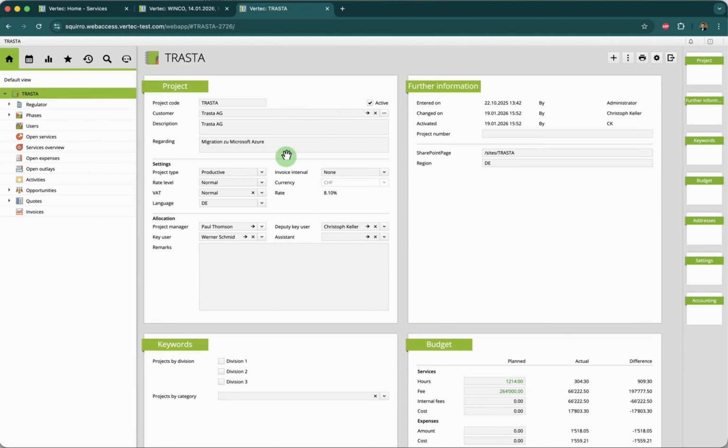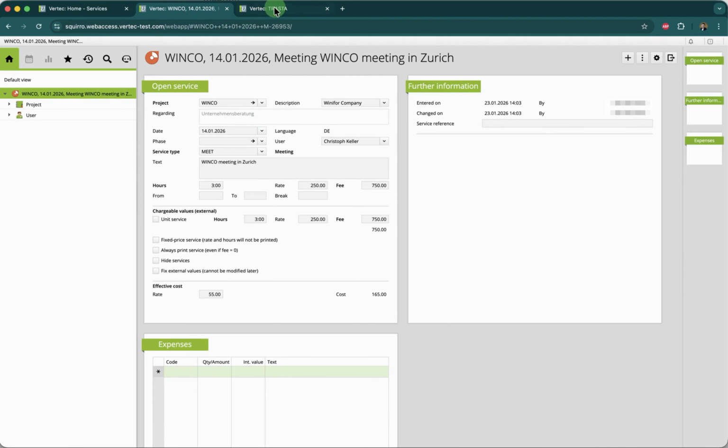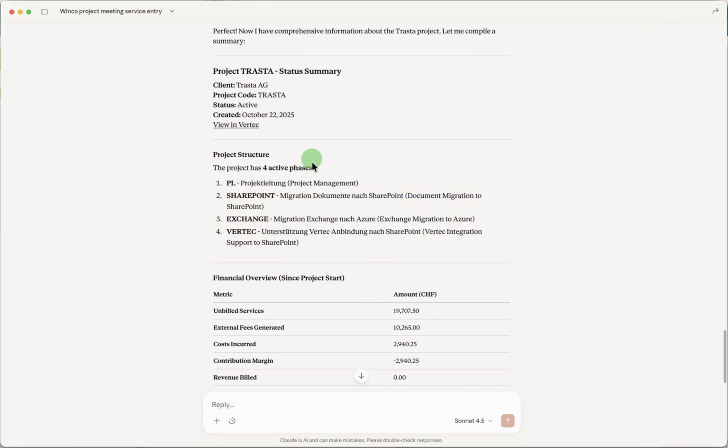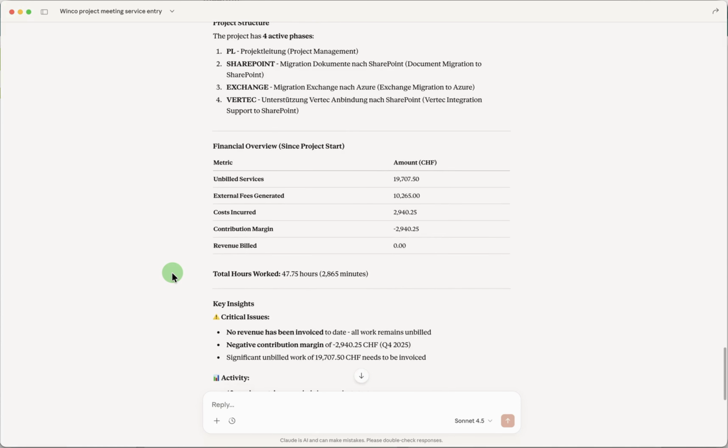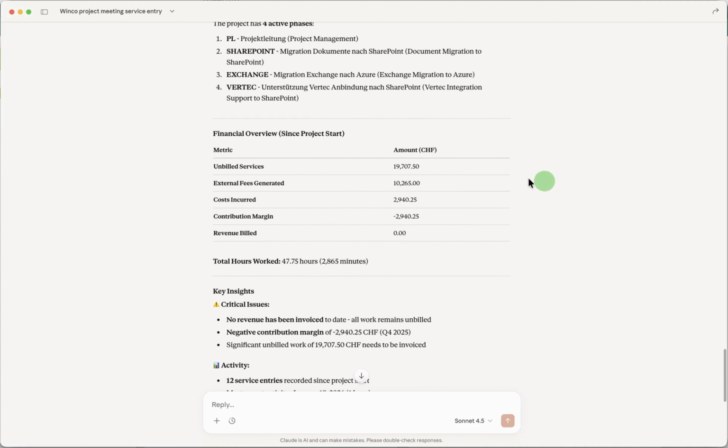Project is active. Migration to Microsoft Azure. Let's see what else Claude found out. 4 active phases. Right, okay. Since those exist in German, we do see the German descriptions here.